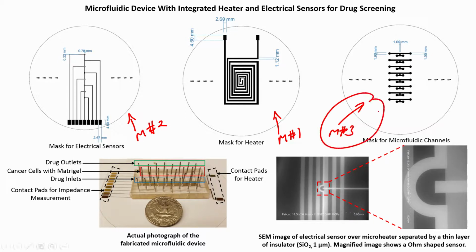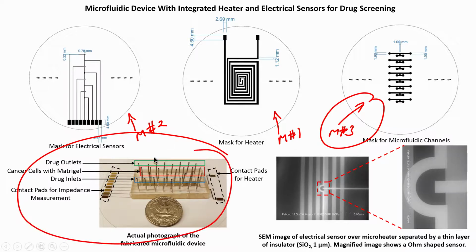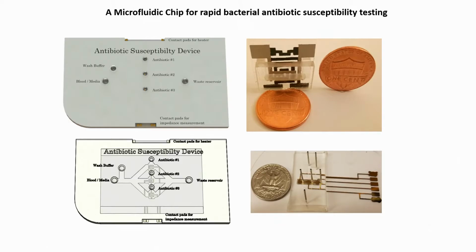This is a separate mask for creating molds, and you will see how you can design a microfluidic chip for understanding which drug is effective, and these are interdigitated electrodes. If I zoom in on this one, it will look like this. A further zoom in looks like an ohm symbol, right. And these are microfluidic channels, you can see a small channel and a larger channel. We will see in detail when we talk about fabrication.